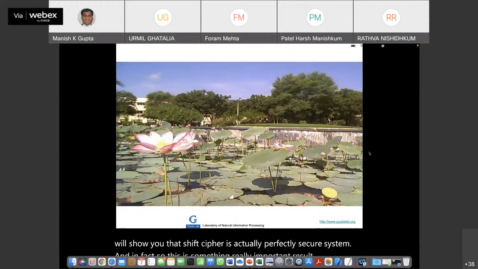These Shannon ideas are based on probability and certain concepts in information theory like entropy. First I will describe elementary probability theory, and then we will talk about perfect secrecy. Then I'll also talk about the one-time pad system, which is again a crypto system that is perfectly secure. It was very famous at one point of time, after people knew that it is perfectly secure. So what are these concepts? Let me talk about it.